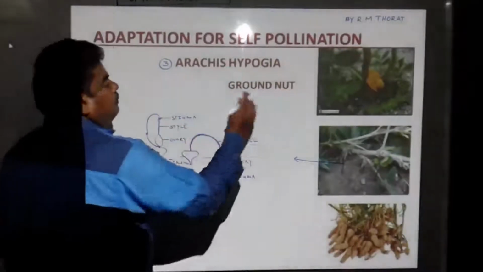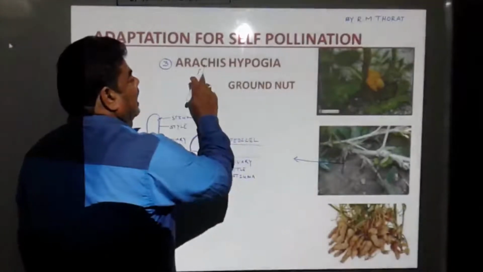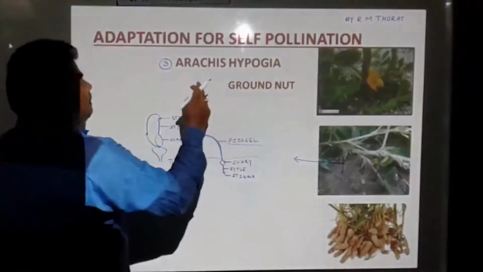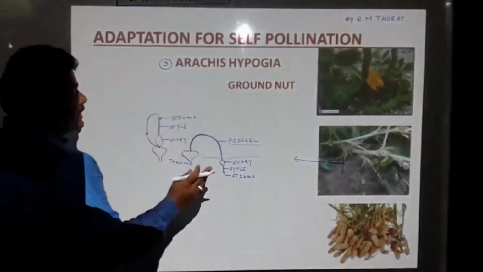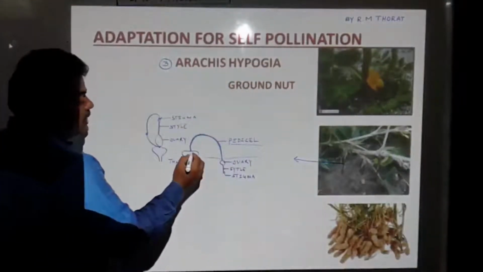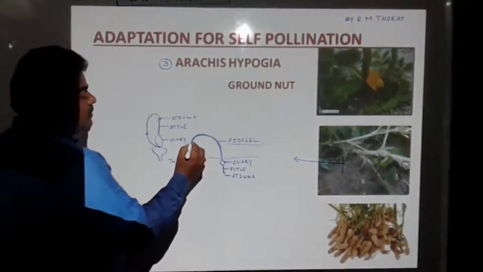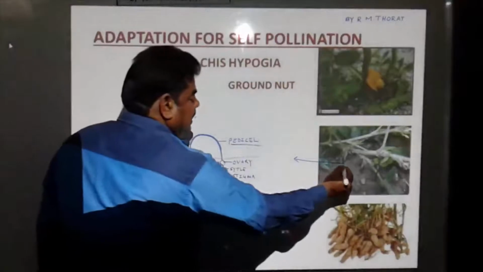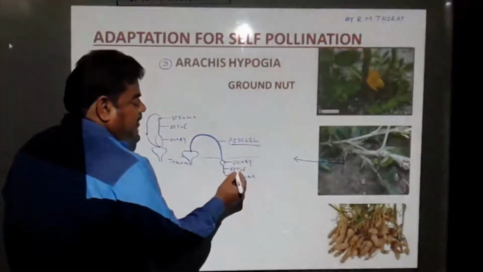So the groundnut Arachis hypogaea flower gains self-pollination. As soon as self-pollination takes place, the tissue present on the thalamus divides and redivides, and forms a long structure. We call that structure a pedicel, and the pedicel buries